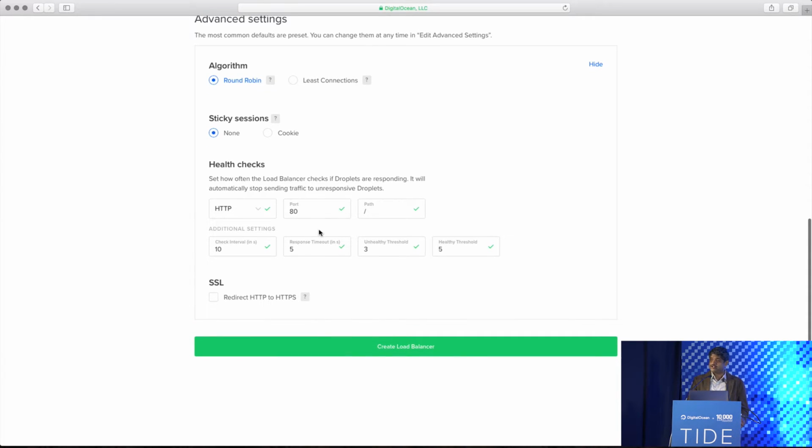And then you can also define health checks. So a health check of the load balancer will make sure that it is checking the ping response every 10 seconds, right? So if the web server is healthy, what is the HTTP code that you would see? 200, right? So the load balancer will check for HTTP OK every 10 seconds, and it would wait for a few thresholds, few retries, at least 3 times before it actually marks the droplet unhealthy, and it will stop sending